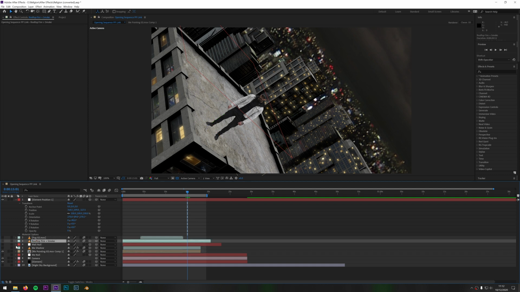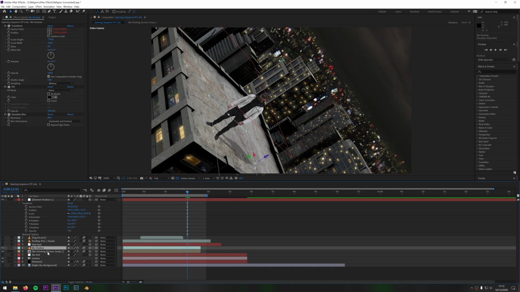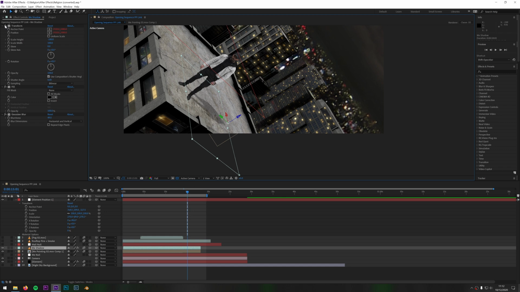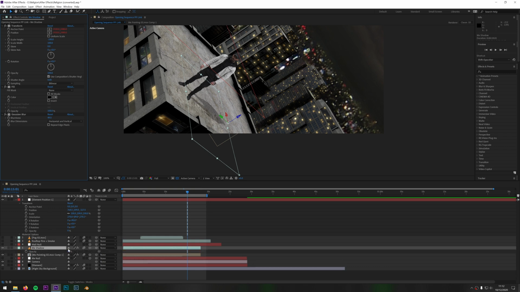Okay, the next layer from that is a shadow of me. So same principle as this. All I've done is duplicate this layer and put it here, and then I've flipped it slightly. So I've transformed it, as you can see, using a transform effect. I've added a fill to make it completely black, because at the moment it is just the video of me, and I've added a blur as well. I also brought down the opacity. As you can see, it was way too much. If I take off these, you can see it's just a video of me. So fill, Gaussian blur, and then bring this down to say something like 28 or so.